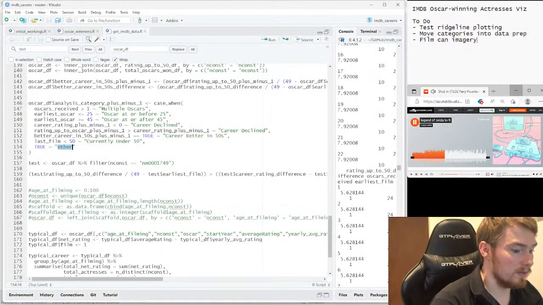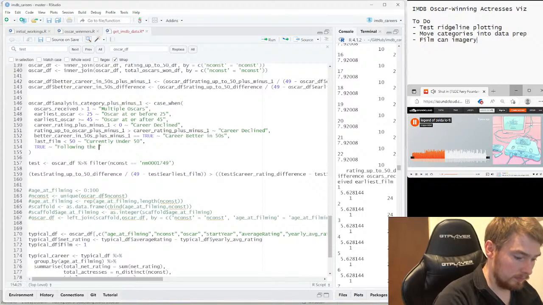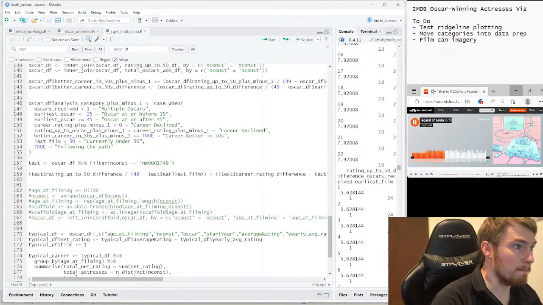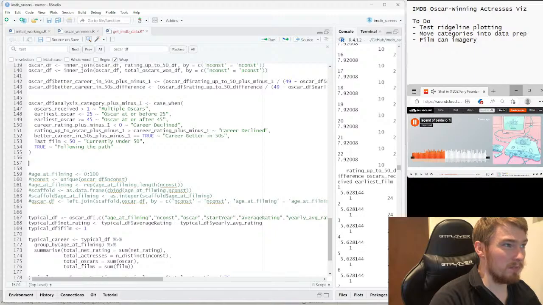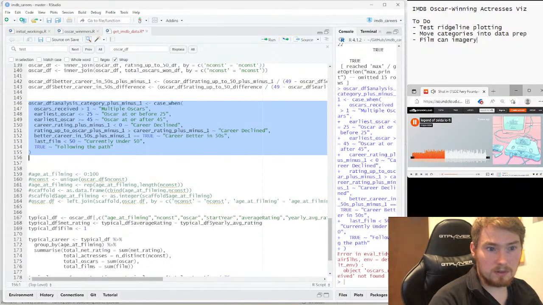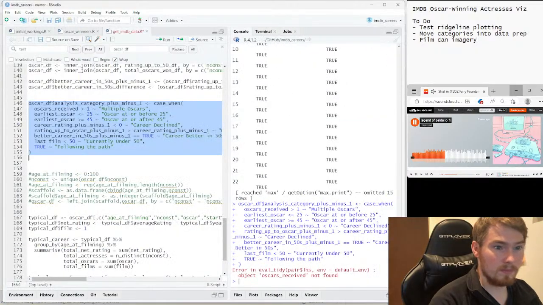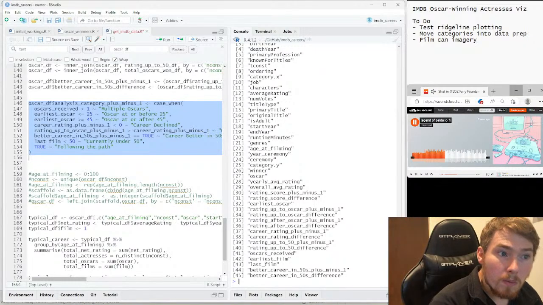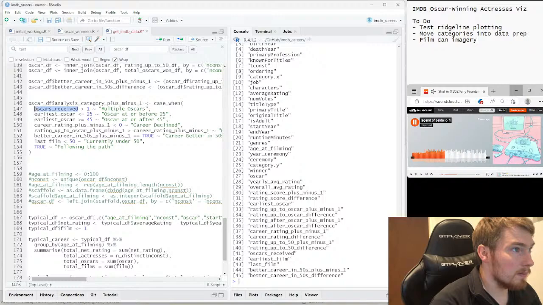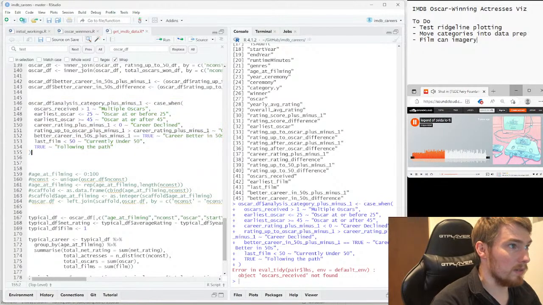Rest is, we can get rid of this, so I can now make this column. Okay, so it's going to be like that.